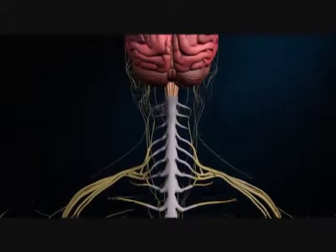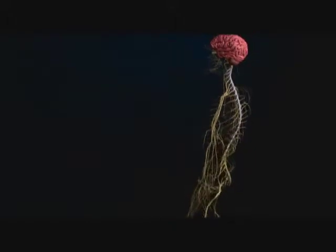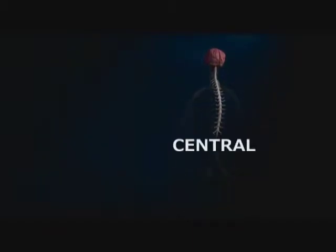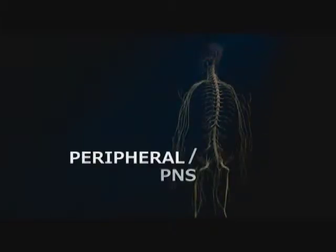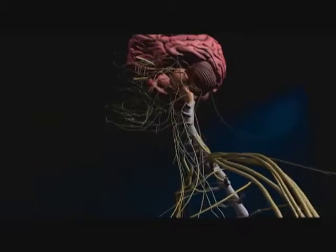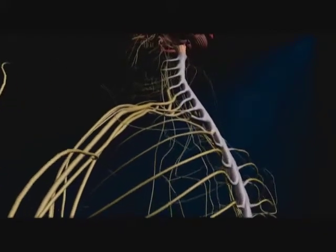Because the human nervous system does so much and has so many different parts, it is classified both structurally and functionally. The structural classification has two branches: the central nervous system, or CNS, and the peripheral nervous system, or PNS. The central nervous system consists of the brain and spinal cord. Together, they act as the integrating and command centers of the nervous system. The peripheral nervous system consists mainly of the nerves outside the central nervous system that connect it to the rest